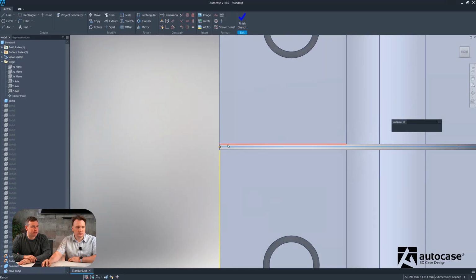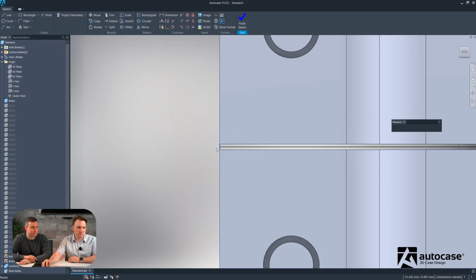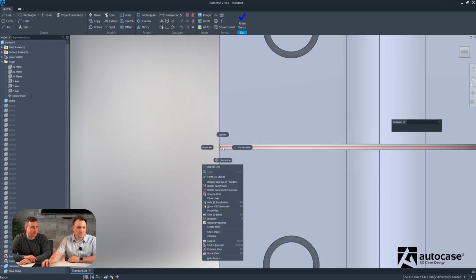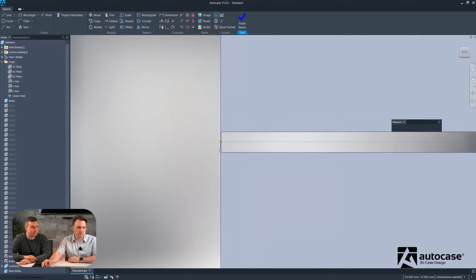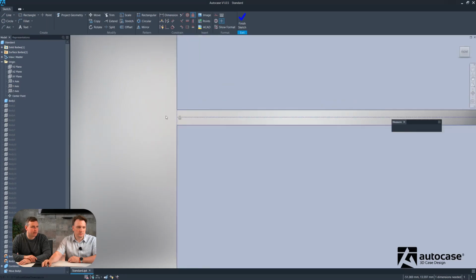So when you do that construction line, as we've talked about in the other videos, it can often create some additional geometry. So we just need to delete those lines or turn them into construction lines, just so that they don't interfere with any of the sketches. So we can now turn those lines we created into construction lines. We'll do that on both of those, and then we'll lock them as well so they can't move within the model. So we're just doing that by clicking on the construction line and then clicking the lock symbol at the